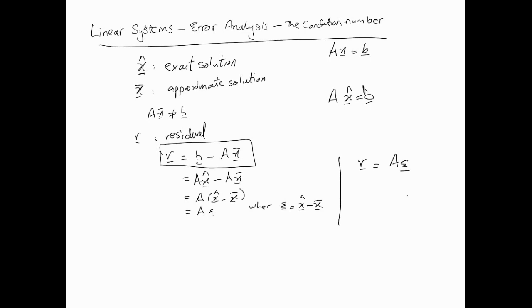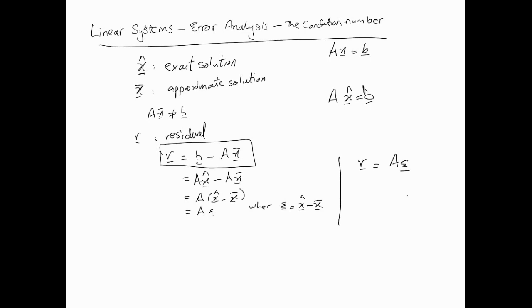And the error is what? The error is the difference between the approximate solution and the exact solution. Now, we don't have epsilon because we don't have the exact solution. But we do have, and we are able to compute, the residual. So the residual, therefore, in theory, should be able to give us a pretty good idea about how good or